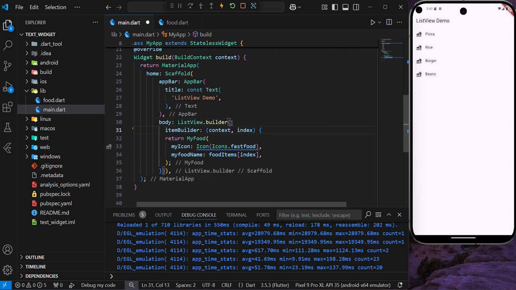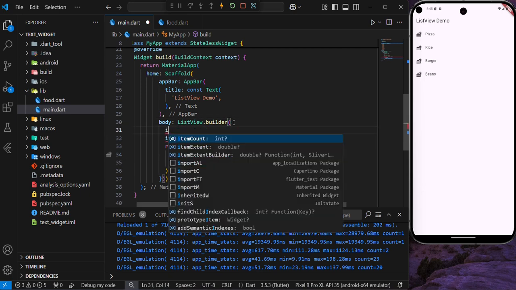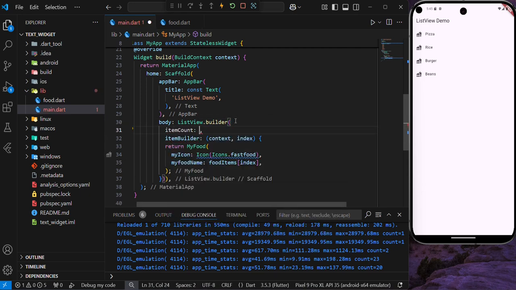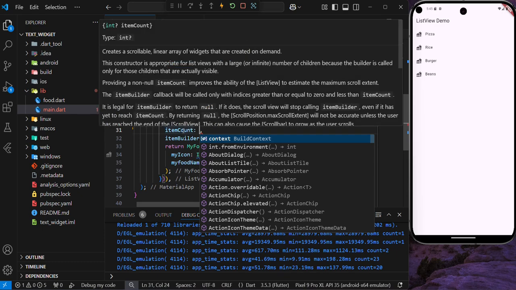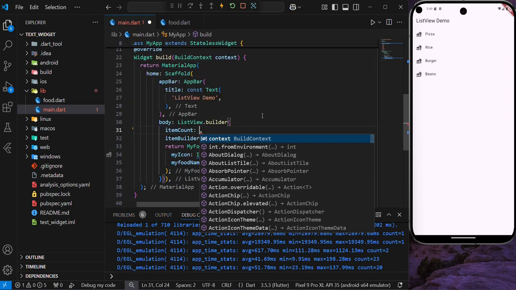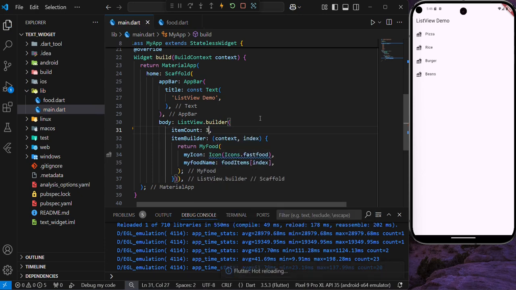So I'm going to clean this here. So we have our item count, and this item count will allow you to choose the number of list items you want to display on your screen. So if I say I just want 3 and I save this now,